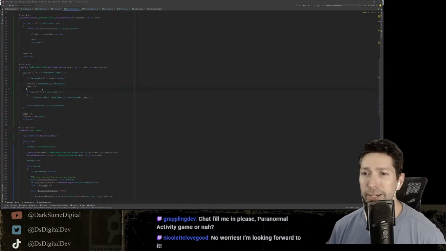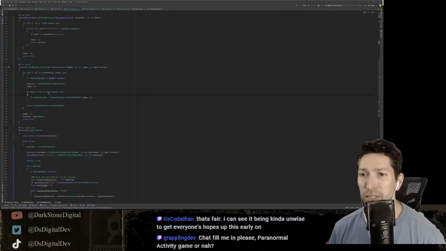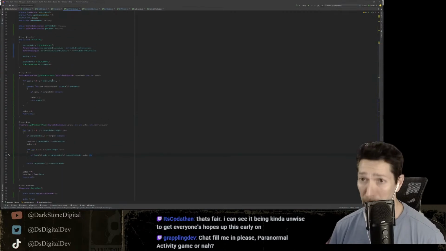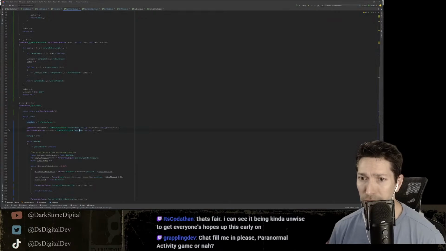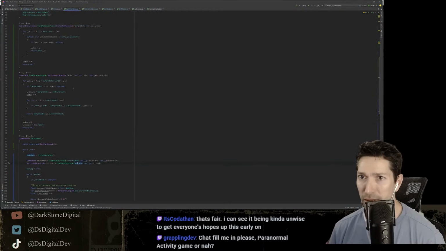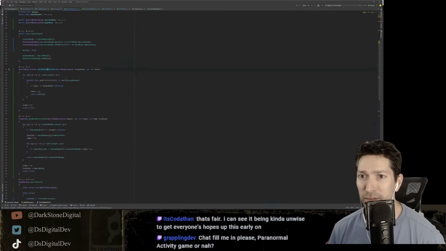Oh, what am I doing? Okay, so we get through here, we find the point, we make sure the transforms are the same, and if they are, we return that index as the entry point. Now for the exit point, what is the target node that we're feeding it? The goal node. So the goal node is where we ultimately want to go off the path. And so we feed that, so we find the exit point.